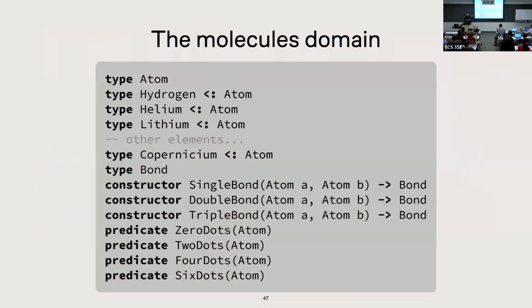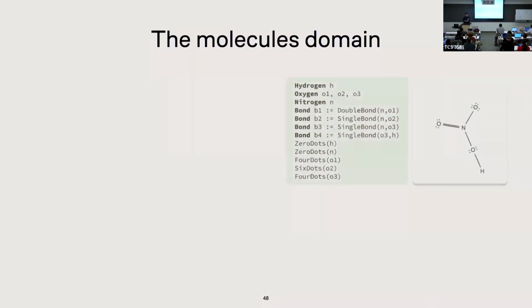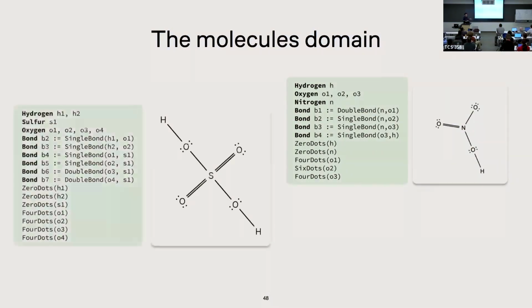So following the same process that we saw for these set Euler diagrams, one can build other domains by writing new Domain and Style programs. So this is the Domain program for these chemical molecule diagrams that we just saw. And we can encode elements like atoms and bonds and the number of valence electrons in the Domain program. And the Style is a bit too long to show, but the principle is very similar to what you saw in the demo. And with one Style file and one Domain file, you can now write